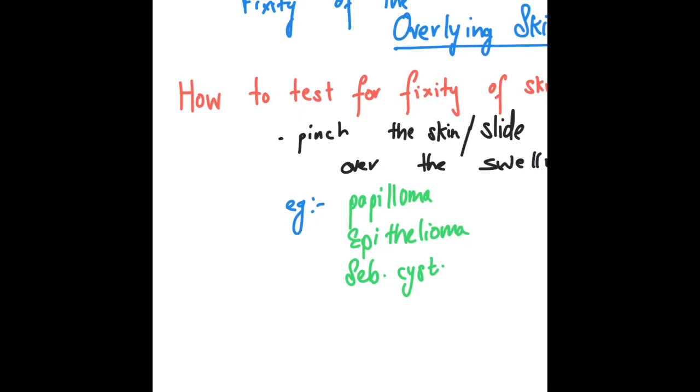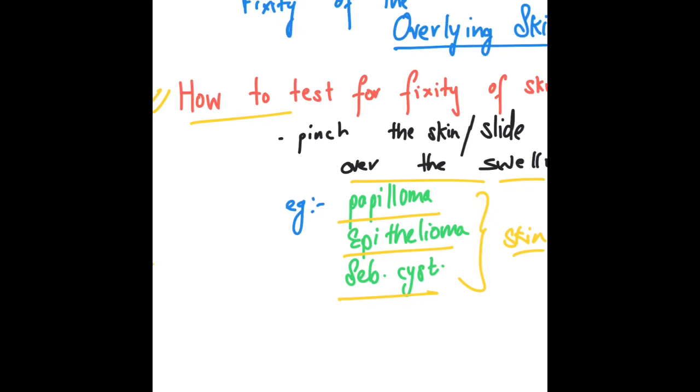Next, talking about fixity of the skin. Fixity of the overlying skin to the swelling. Now, how do you test for fixity of a skin? What you do is you will pinch the skin or slide the skin over the swelling, and you can see that you cannot pinch the skin if the skin is fixed to the swelling, and this may be seen in cases of papilloma, epithelioma, or sebaceous cyst because these arise from the skin. Okay,